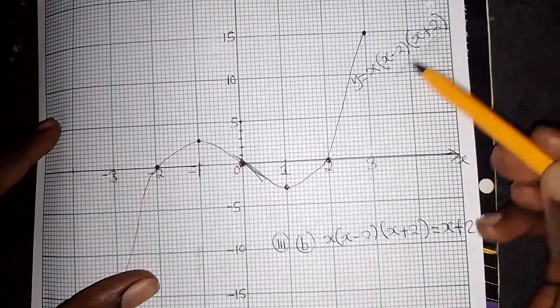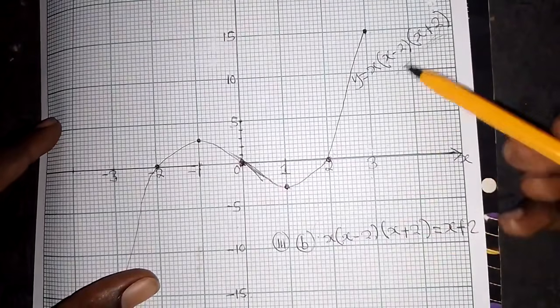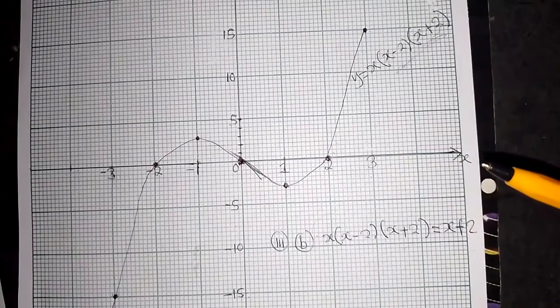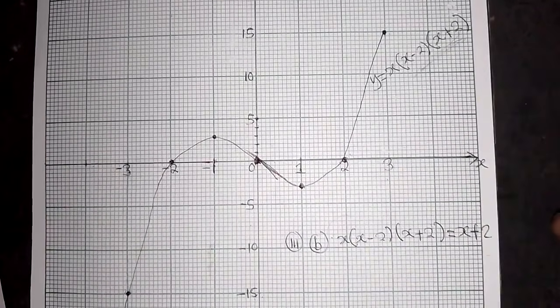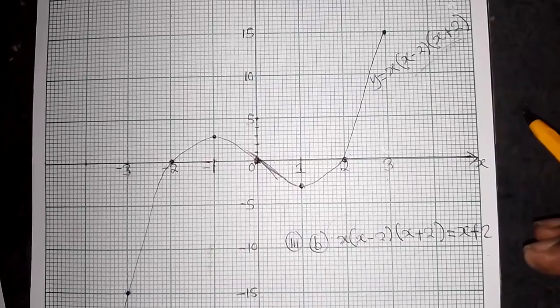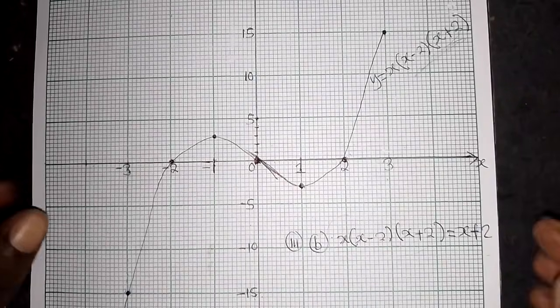This is just one and the same. Are these two the same? So you check. Are those two the same? They are not the same. Have you seen? These two are not the same. So what am I supposed to do? If they are not the same,